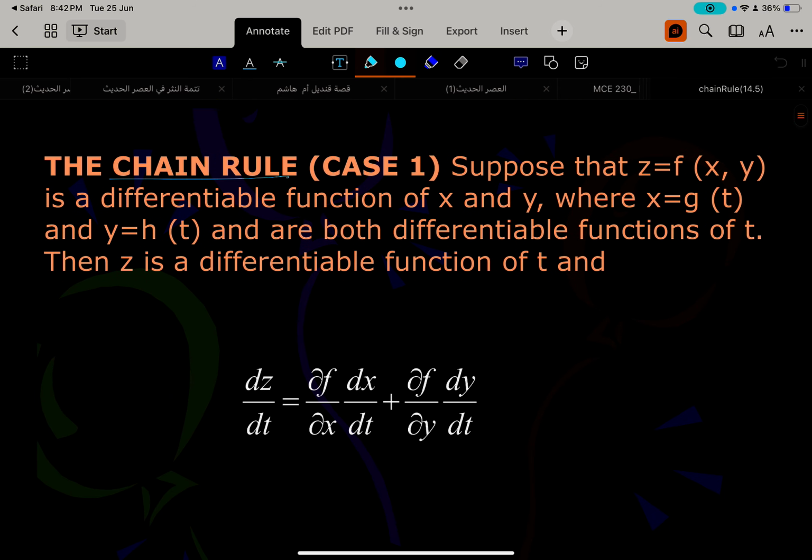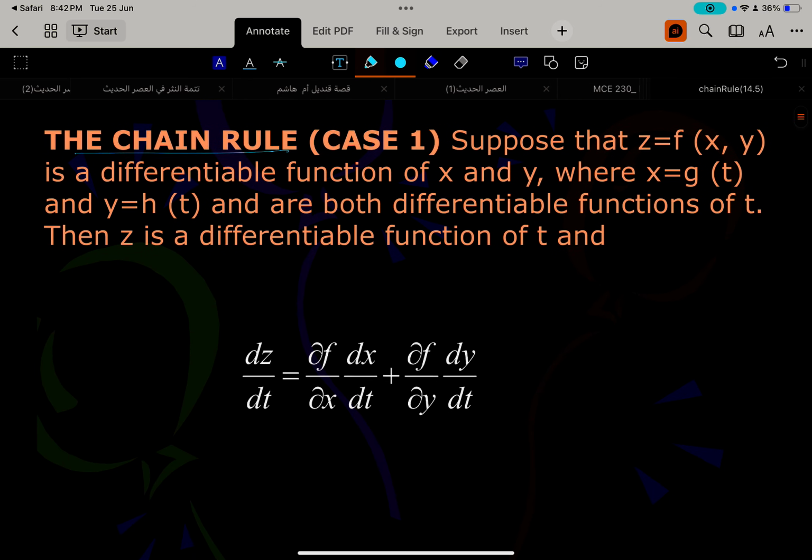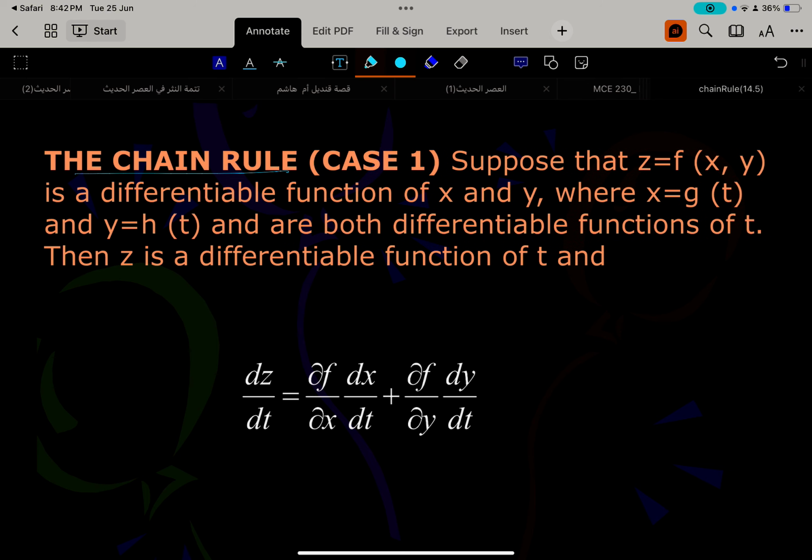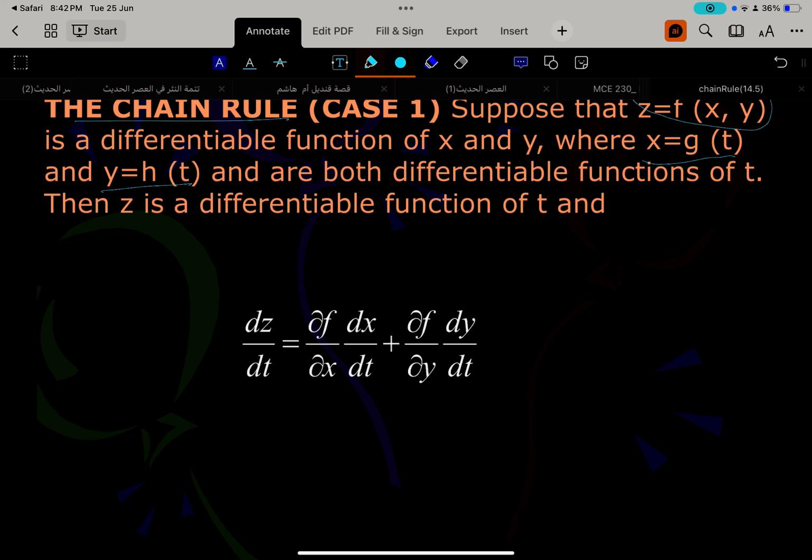So the chain rule. Suppose that z equals f of x and y, a differentiable function of x and y, and say x equals g of t and y equals h of t. These are different functions of t, and they're both also differentiable functions of t. Then z is a differentiable function of t, such that